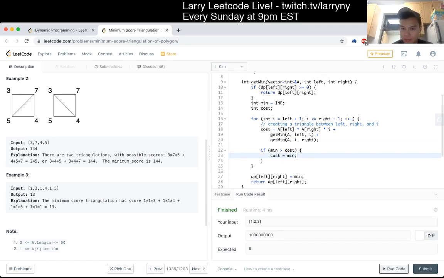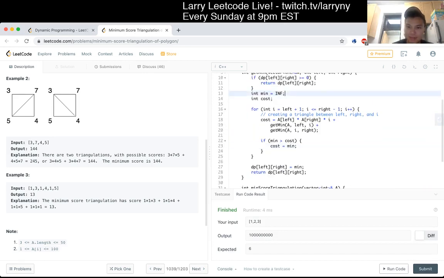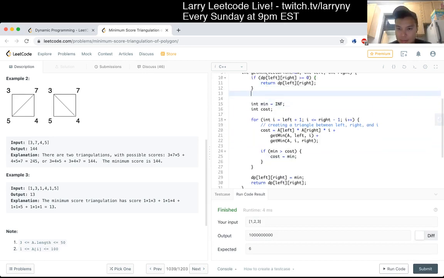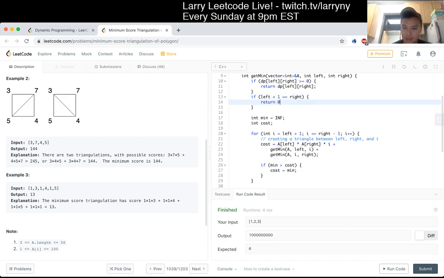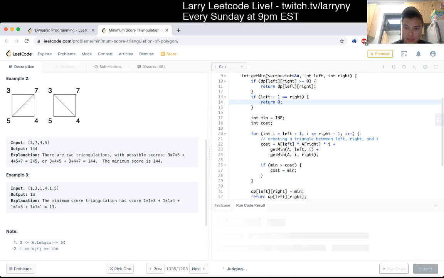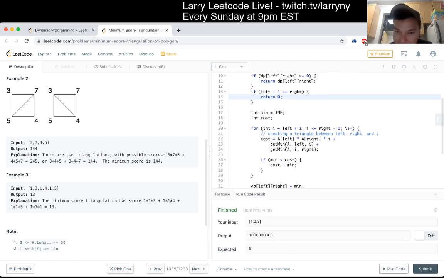Oh man, I don't have a base case. Does that even matter? Should that matter? Oh yeah, I need to at least, if we only have 2 points left, then return 0. Maybe that's not the right base case, but